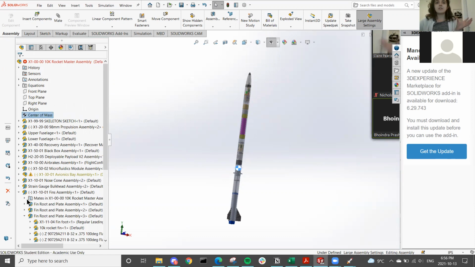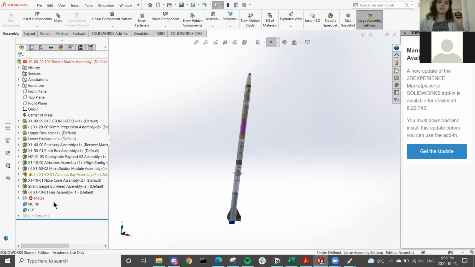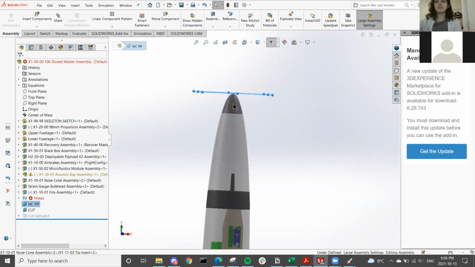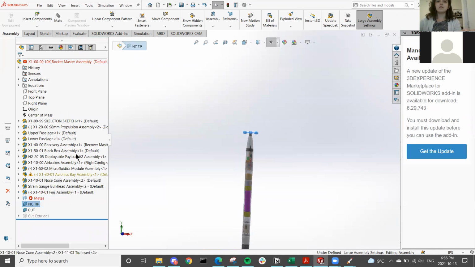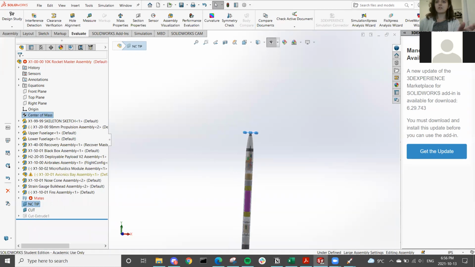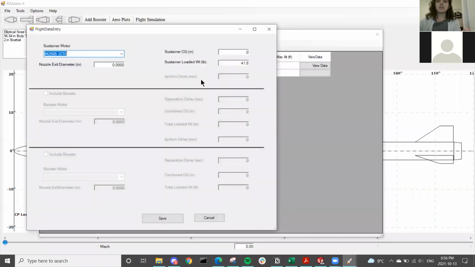And so everything is measured, like the center of pressure and the center of gravity are measured in inches from the nose cone. So you'll also want to create a plane, you can see it's just tangent to the nose cone tip. So if you select two things in the feature tree, nose cone tip, control click center of mass, evaluate, measure, 73.8 inches. So center of gravity is ahead of the center of pressure,